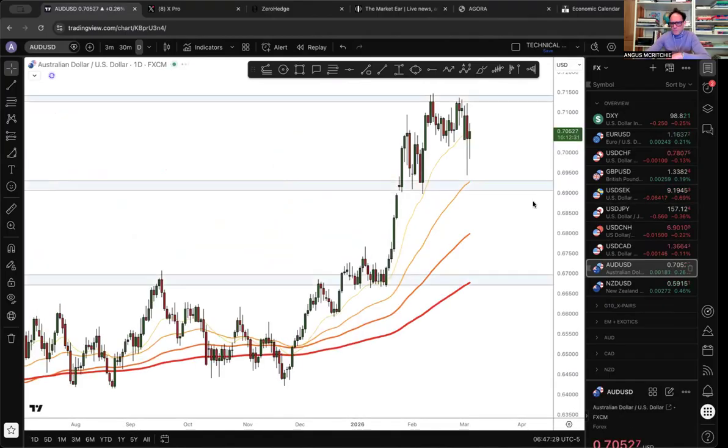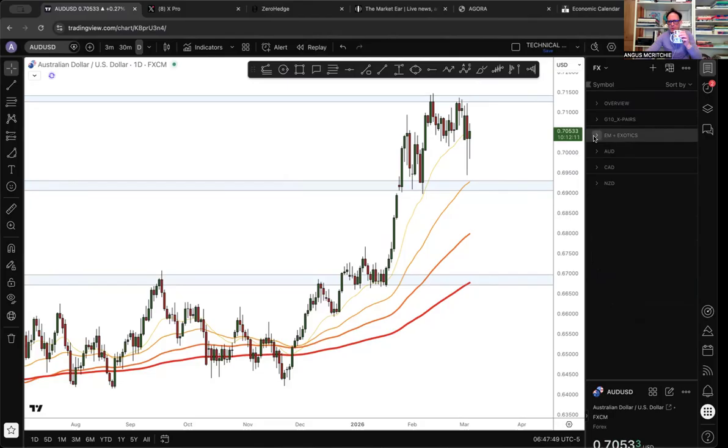We've seen the Aussie also doing pretty well against everything except for the US dollar. And again, outperforming because the economy is doing well. We had strong GDP numbers last night for Australia and, you know, in a pretty strong nat gas commodity exporting vibe. Overall, the US dollar has been strong. But where we've also seen quite a lot of action has been in the emerging markets.